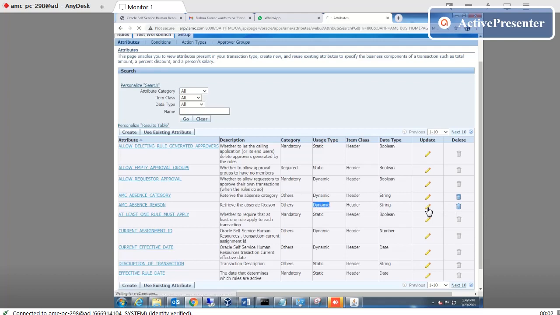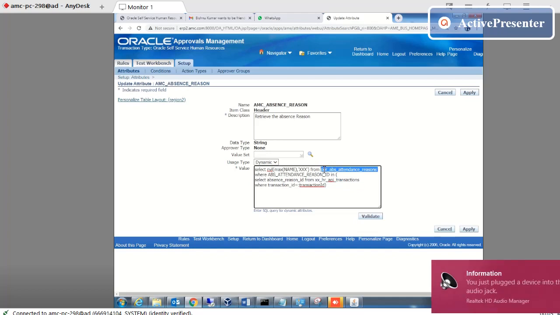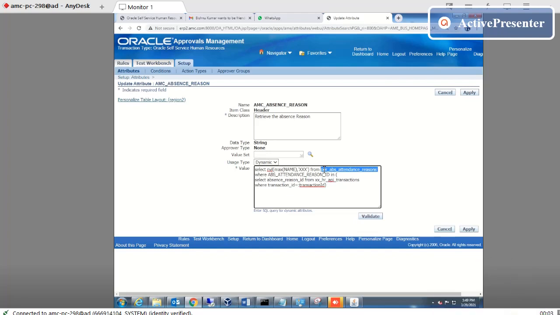If you click here, you see this query. The system will check the absence management table whether it is leave, which leave, the type of leave, either paid leave or emergency leave. So on the basis of that condition, the approval will be executed. This is the first thing.